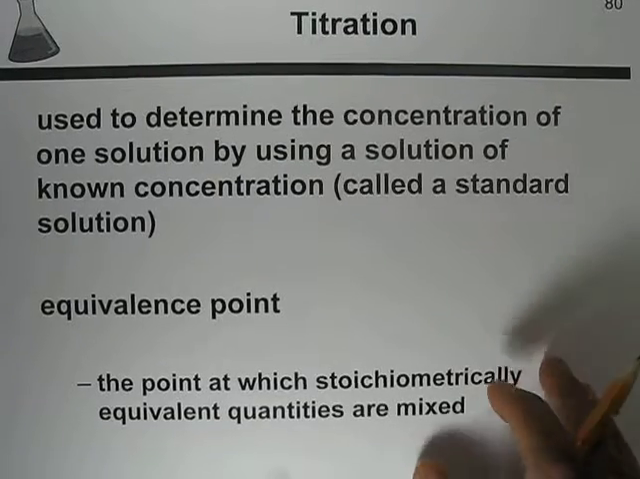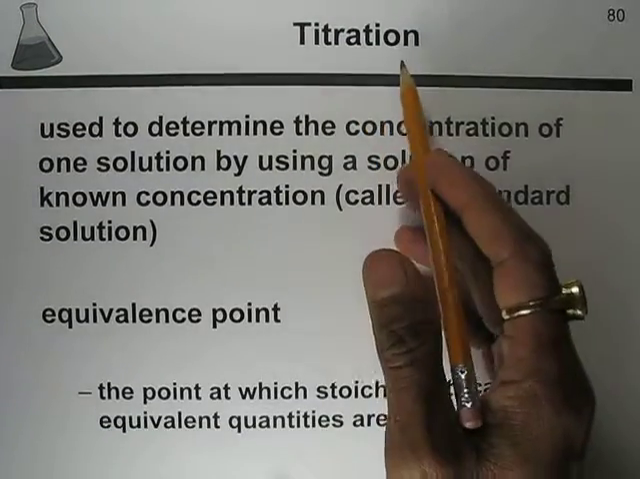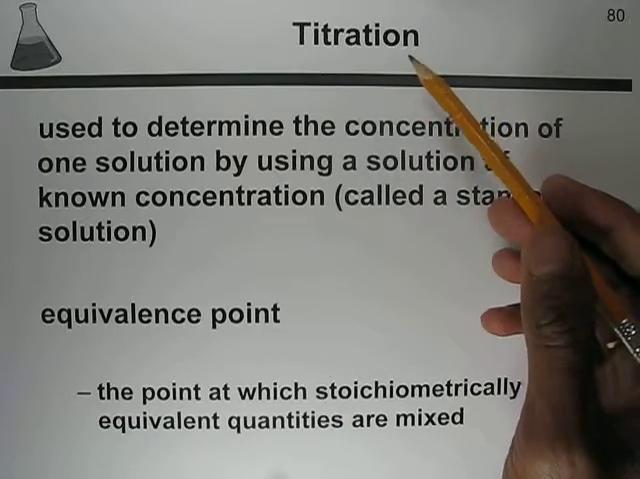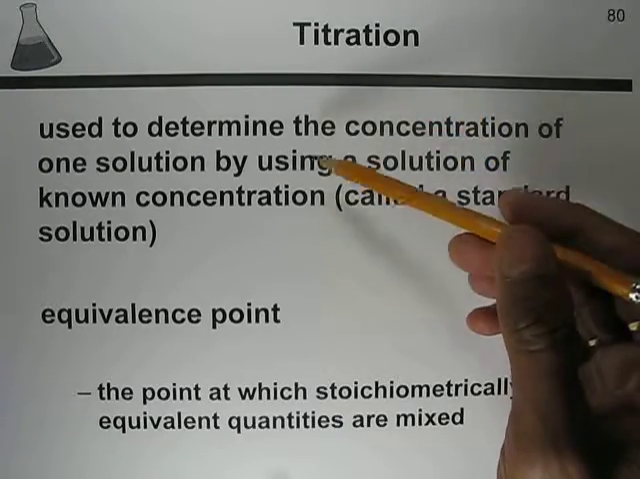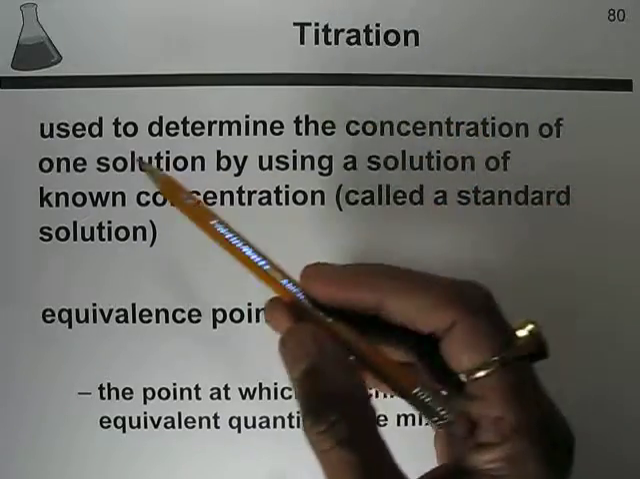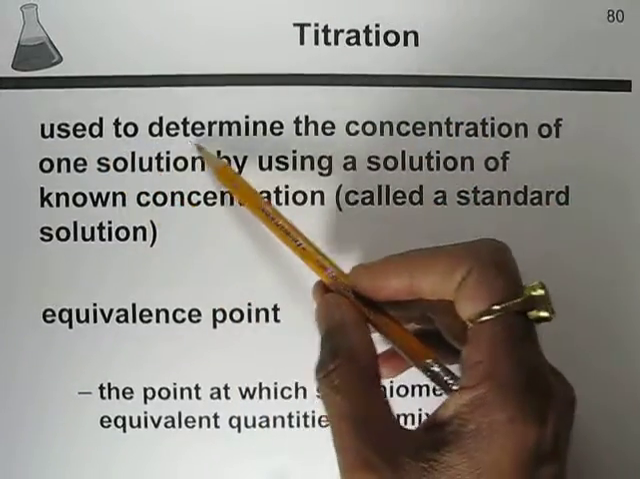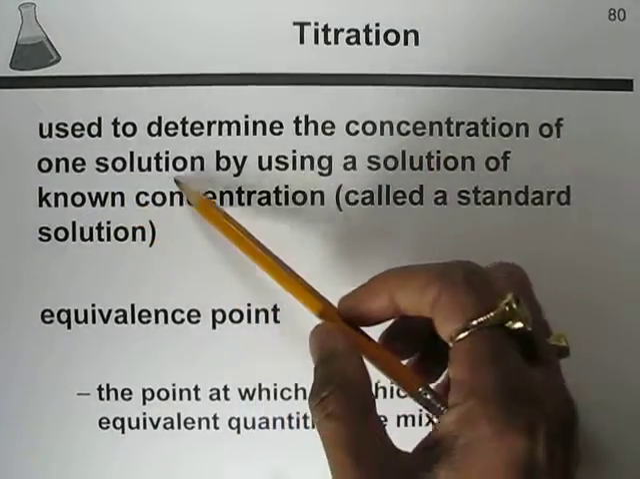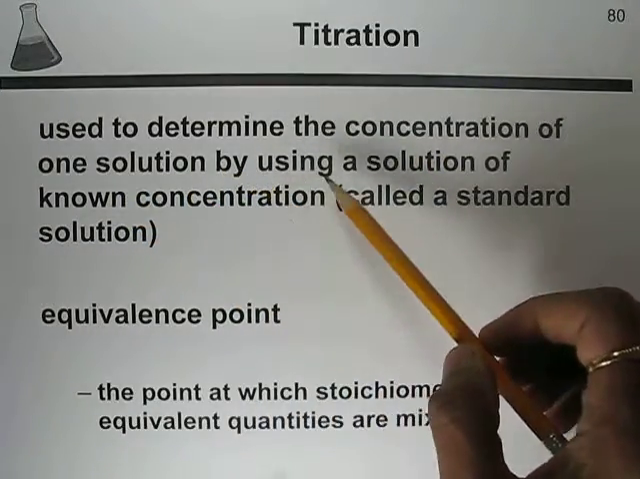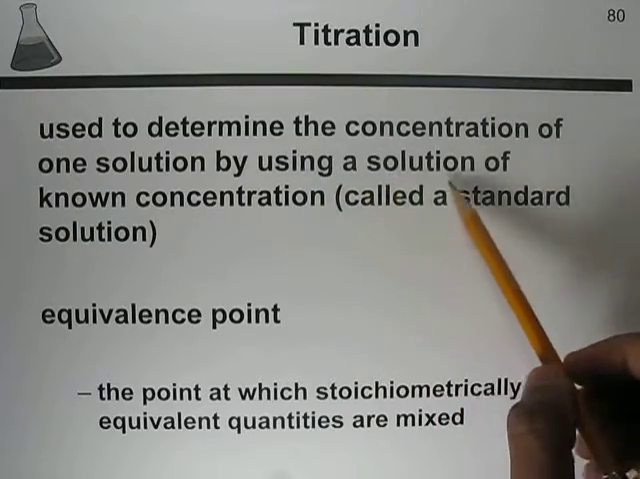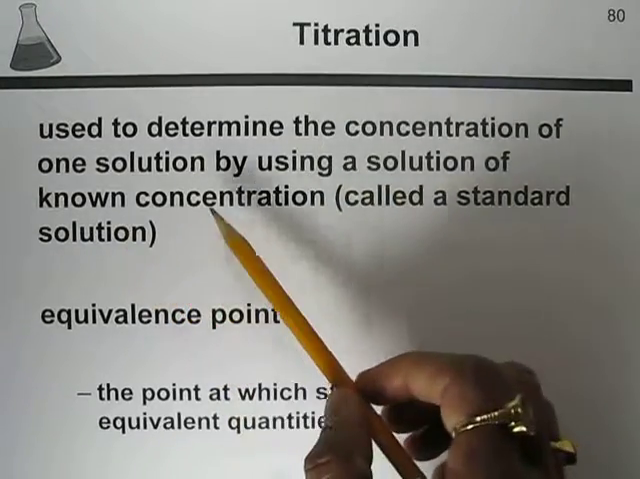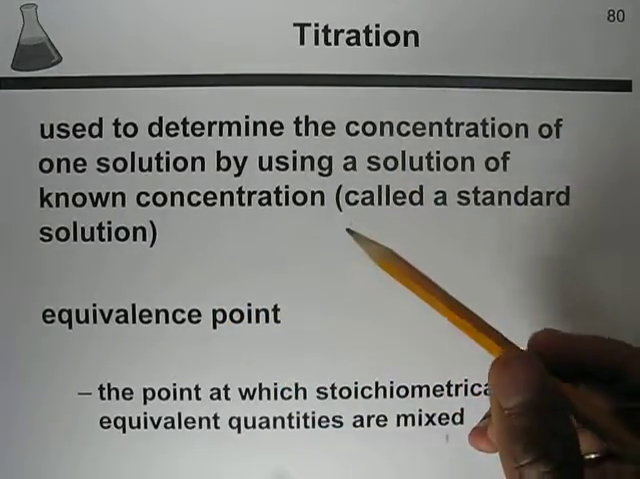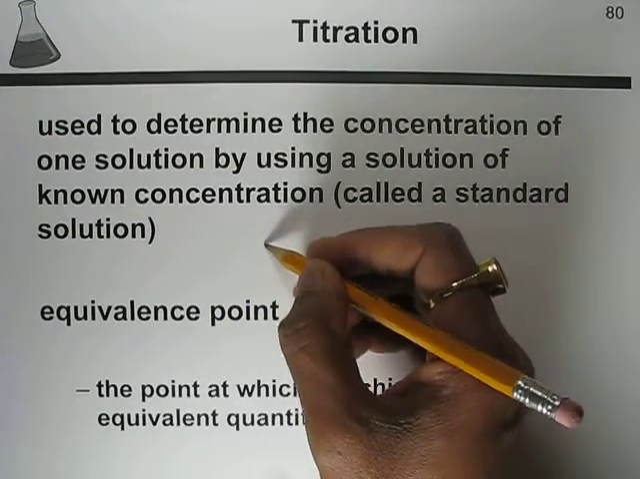So the next topic in chapter number 4 is titration. This is a new terminology, a new word, titration. What is the definition of titration? Titration is used to determine the concentration of one solution by using a solution of known concentration called a standard solution. So there will be two solutions